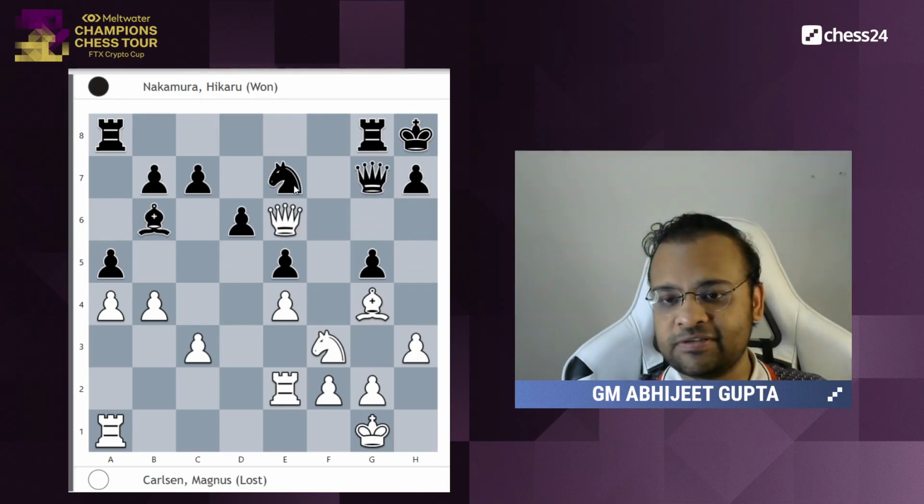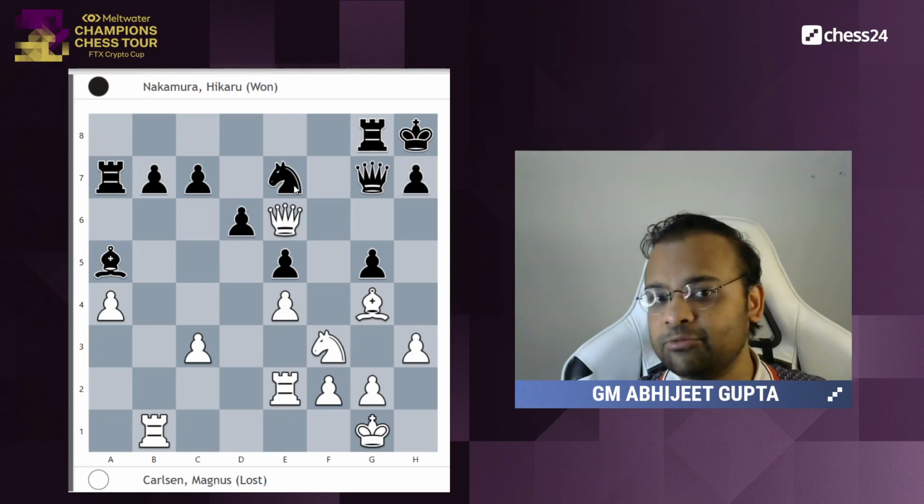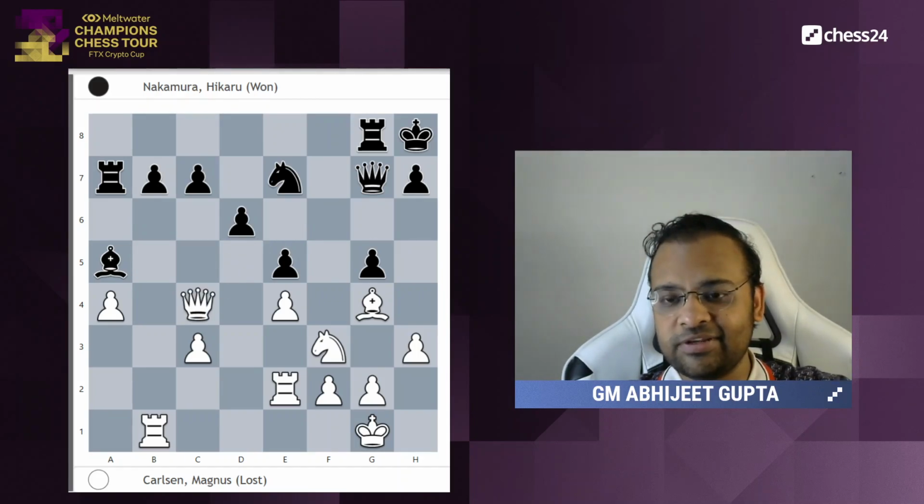Hikaru went for queen g7, bishop a5, rook d1, rook a7. And again, white is slightly better because, I mean, his pieces are looking much better than black's. Queen c4, but again, it's very difficult to hit a target here. Queen g6,